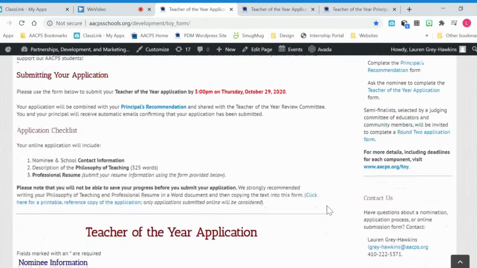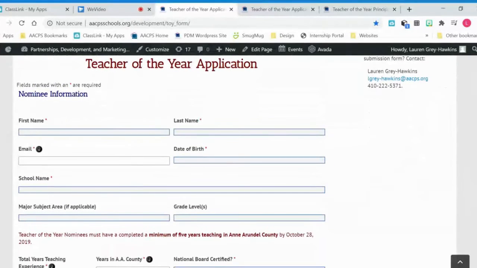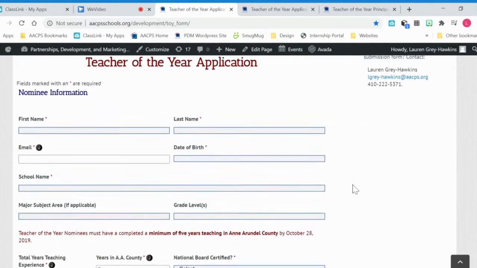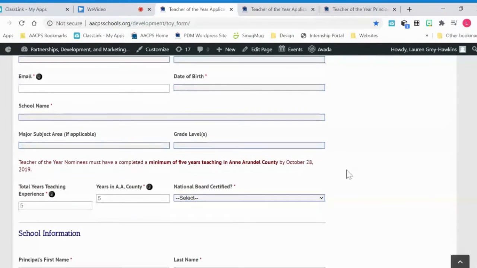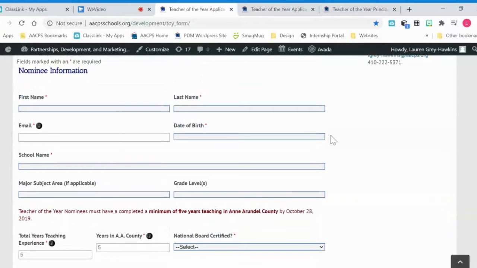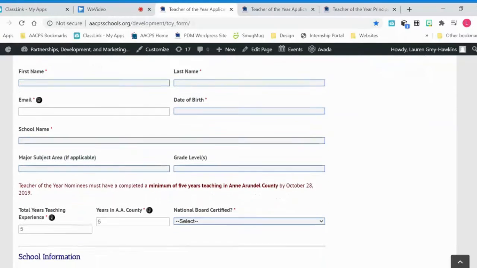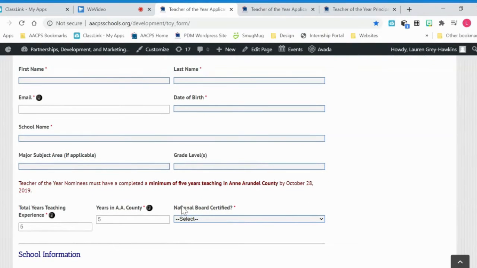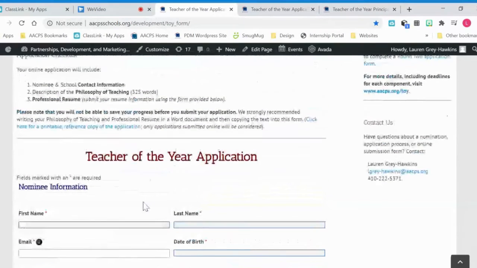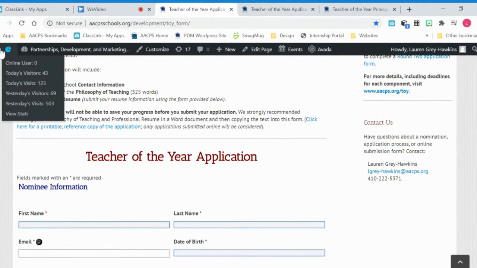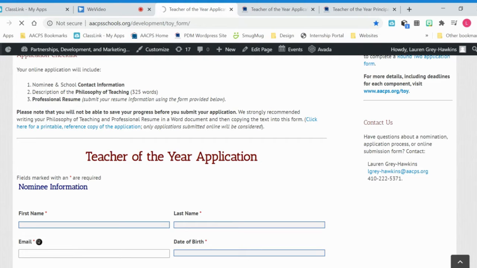So next, I need to make changes to the application. When I look at this public page, I know that the application itself, all the fields are going to stay the same because none of the judges in Carol Ann have requested any changes to the content of the application. But I need to make sure that this is changed. There's a minimum 5 years teaching, but the deadline for when this is different. We need to go and make a change to the form. If I go back to my WordPress dashboard,